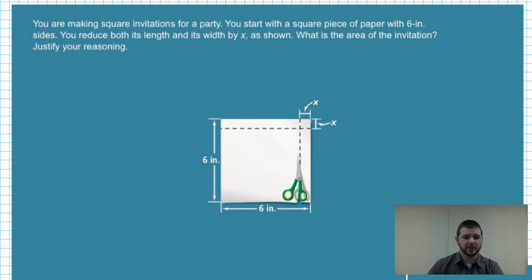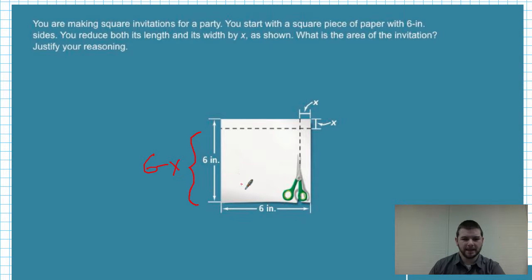So here's a real construction problem to consider. It's going to be very much linked with the concepts of this section. You're making square invitations for a party. You start with a square piece of paper with 6-inch sides. You reduce both its length and its width by x, as shown. What is the area of the invitation? Justify your reasoning. The new height would be 6 minus x